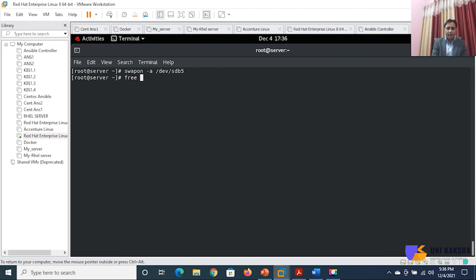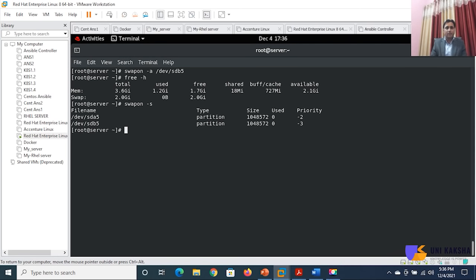Let me run free -h. Now you can see we have 2 GB. Or if you want to check the entire swap space, swapon -s, right?